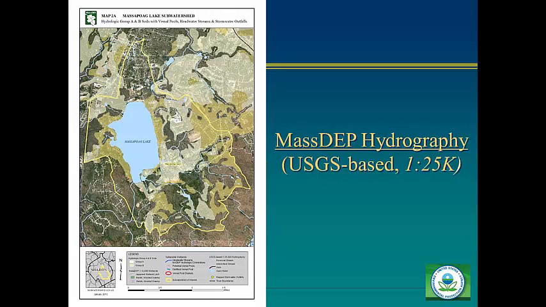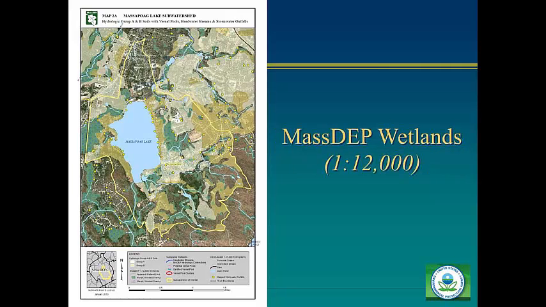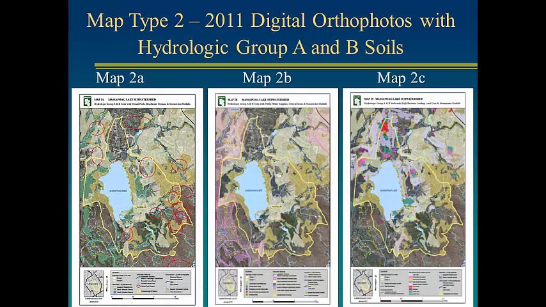We add the hydrography to highlight the location of water bodies in the landscape. Then the MassDEP wetland resource areas and town-mapped stormwater outfalls. The wetland layer emphasizes the proximity of vulnerable wetlands and protected resources to stormwater delivery. And finally, using this as a base, we add the same vulnerable wetland detail that we used with the IEI base maps,